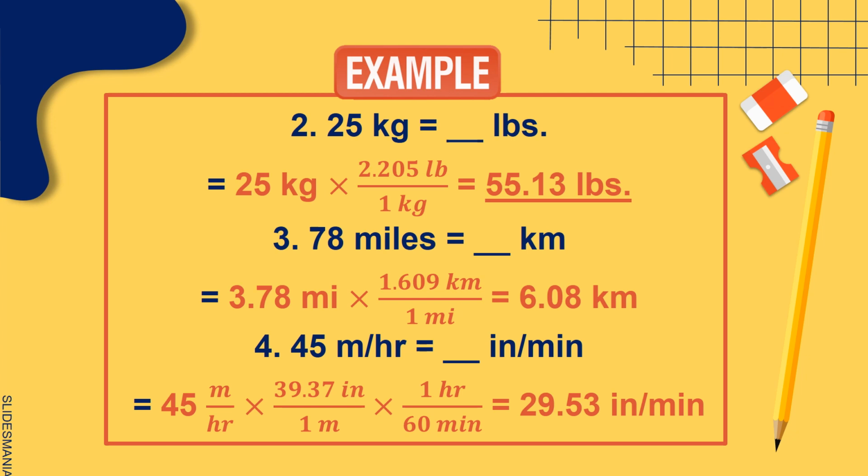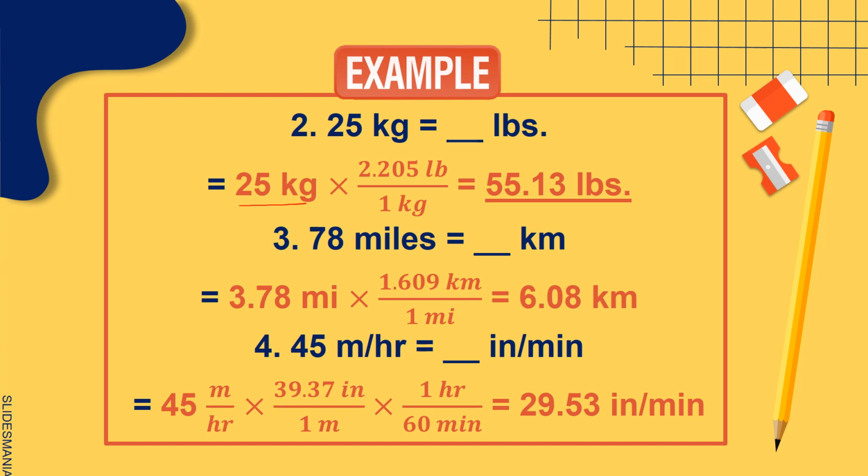Another examples. First, we have 25 kilograms to pounds. So 1 kilogram is equal to 2.205 pounds. Therefore, we have 25 kilograms times 2.205 pounds is equal to 55.13 pounds. For the second example, we have 3.78 miles. Convert it into kilometers. So 1 mile is equal to 1.609 kilometers. Therefore, 3.78 miles times 1.609 kilometers is equal to